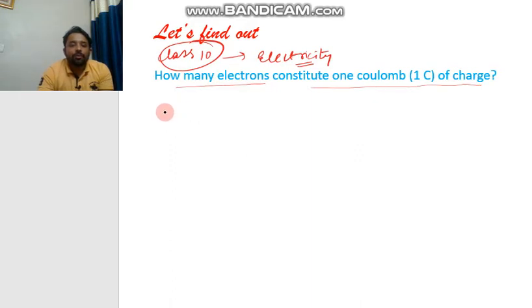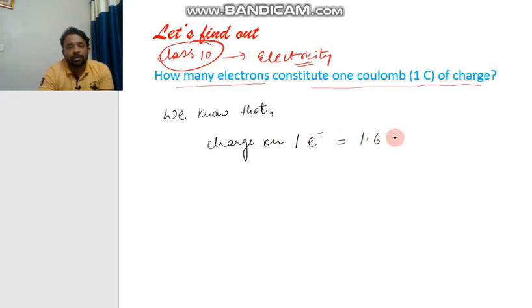Now, we know that the charge on one electron is 1.6 into 10 raised to power minus 19 coulomb. This is the value of e, that is the value of the basic unit of charge. It is 1.6 into 10 raised to power minus 19 coulomb. So we can write it as 1.6 into 10 raised to power minus 19 coulomb